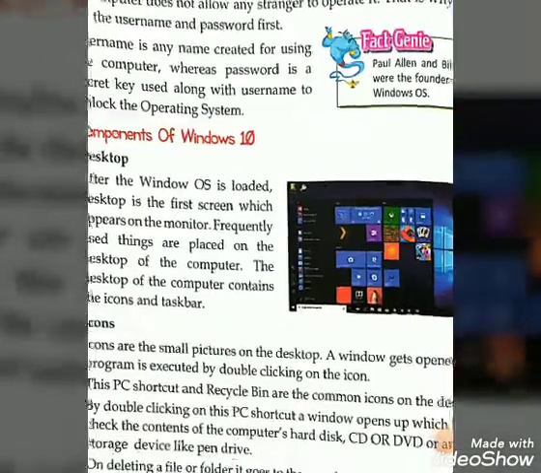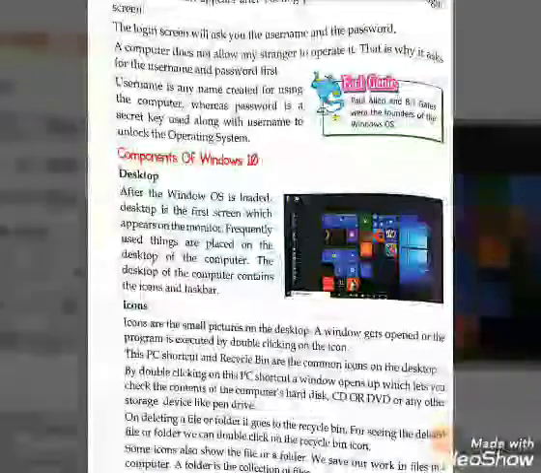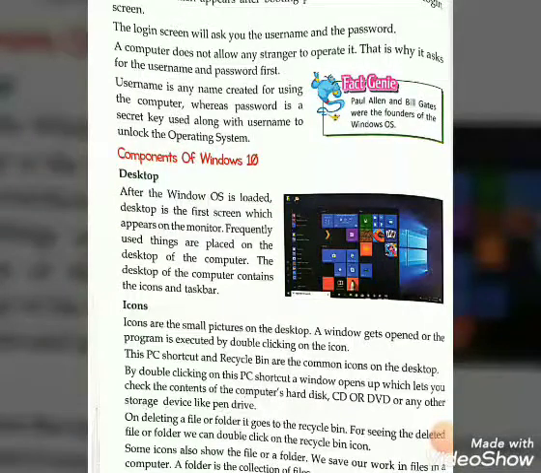You can see here small icons are given, which are icons and taskbar. We will study about the taskbar later. So first we are going through icons.